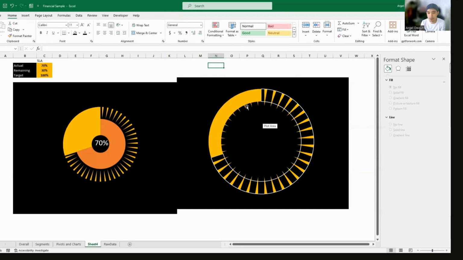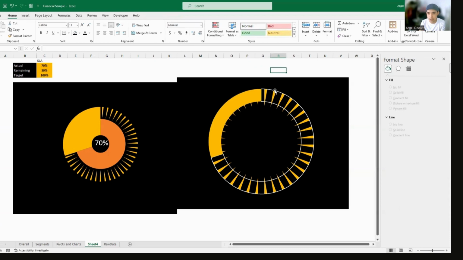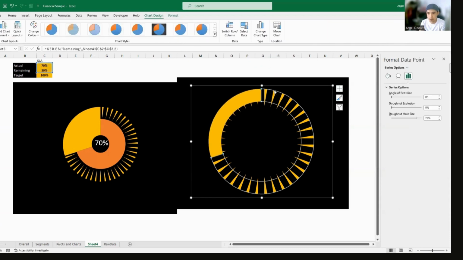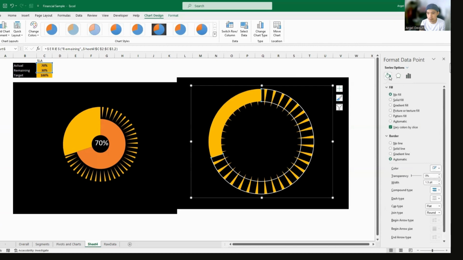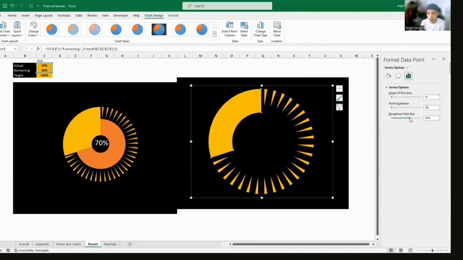There you go. Now I want to make sure that the gold part is extended all throughout the inner part of our circle. Oh wait, we're seeing border lines in here. We have to remove that by clicking on fill, go to border, no line. There you go. Now let's adjust this gold part here. Adjust the donut size to extend further down our inner circle. Okay, I think that's fine. It works for me for now.